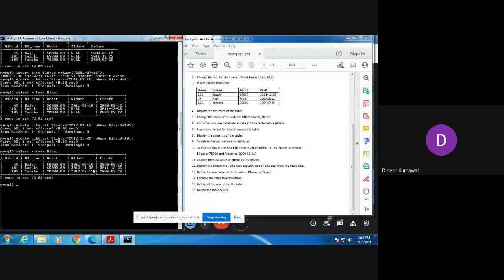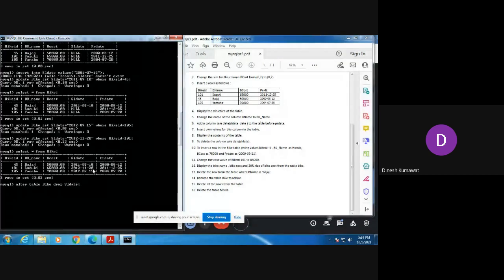Alter table, okay, so let us use that. Alter table bike drop SL date.